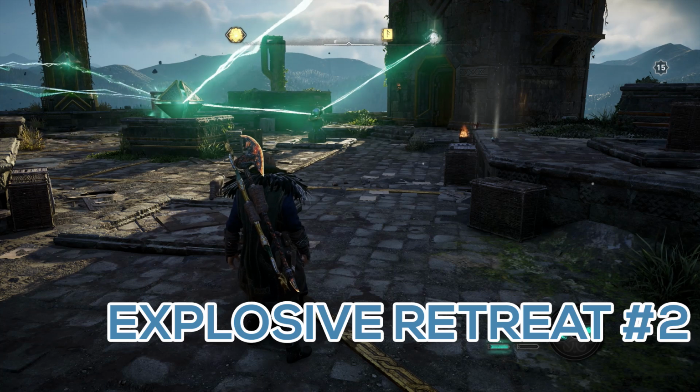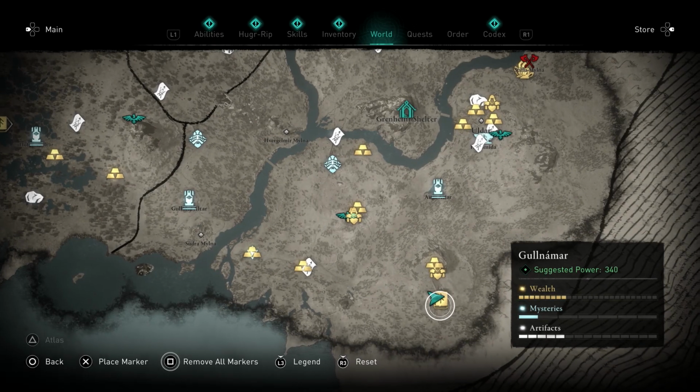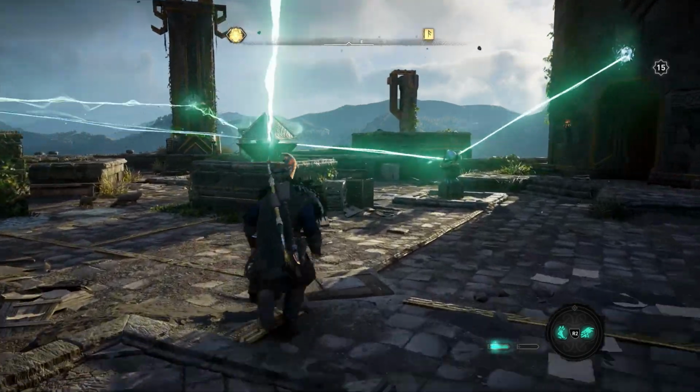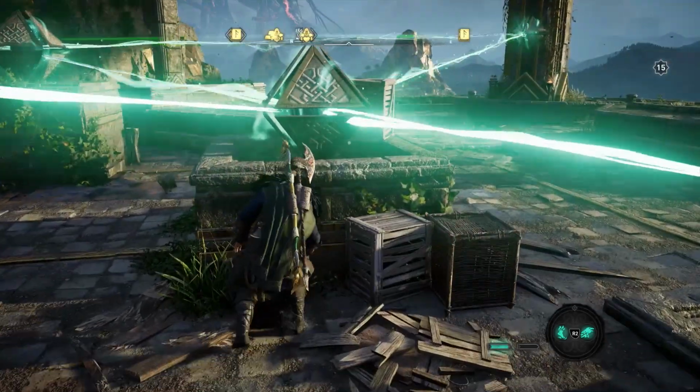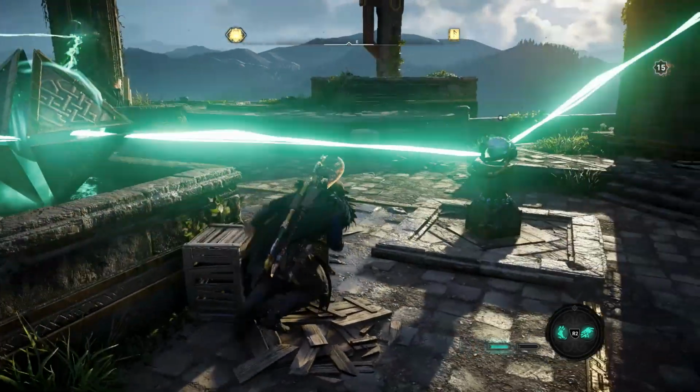This next one is so easy it's barely a puzzle. This is for Explosive Retreat number 2. You can find it all the way down here on the map. This one's very simple. When you first arrive, there is an orb sitting on top of a crate here. Break the crate so the orb falls on the floor. Pick up the orb, put it in this pedestal,